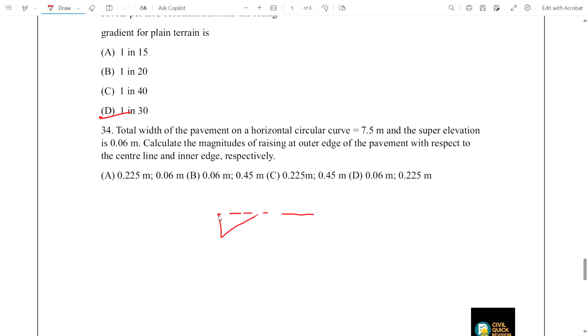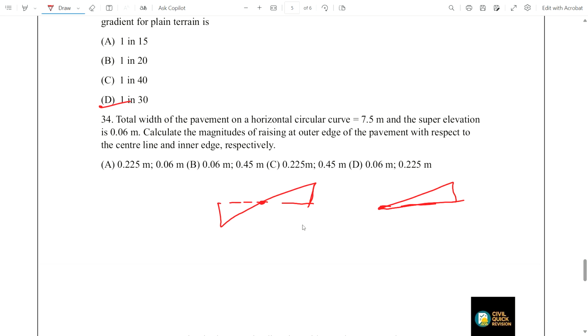We need the outer edge with respect to the center line, and the outer edge with respect to the inner edge. We have to remember one formula. In the question, super elevation is given 0.06 meter and width is given 7.5 meter. Okay, we just remember one formula,